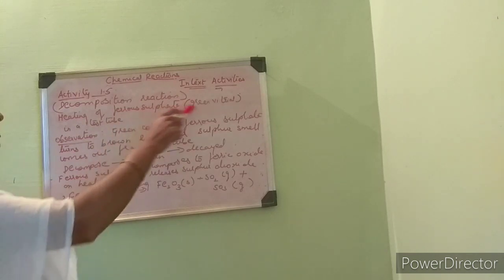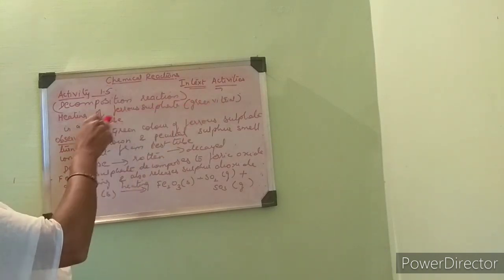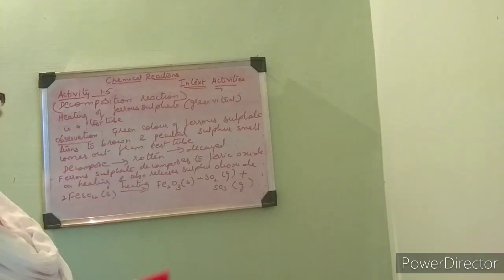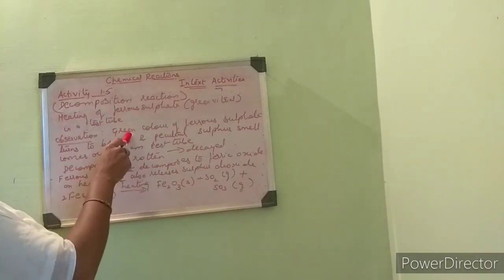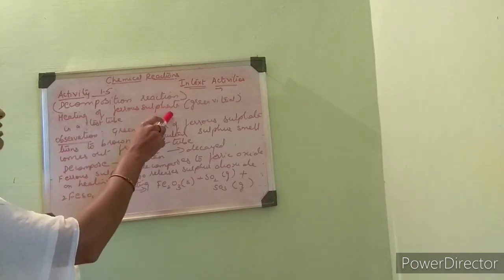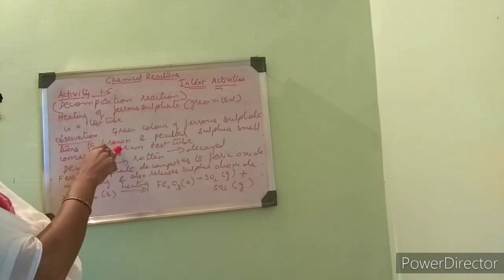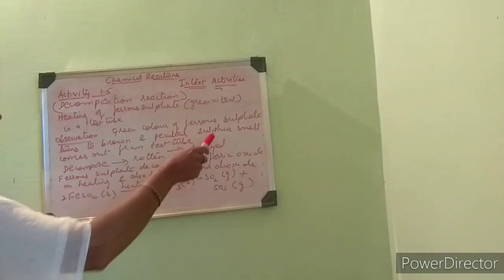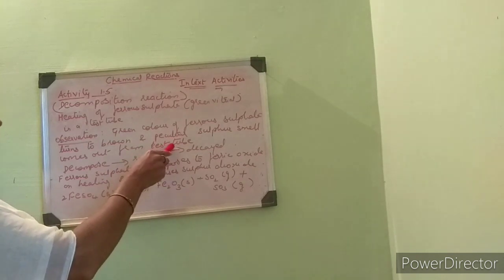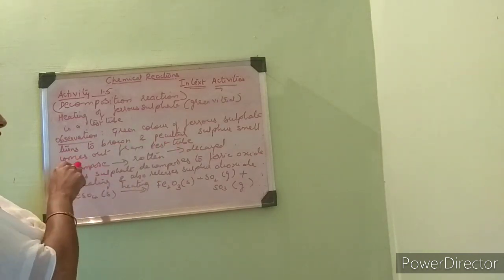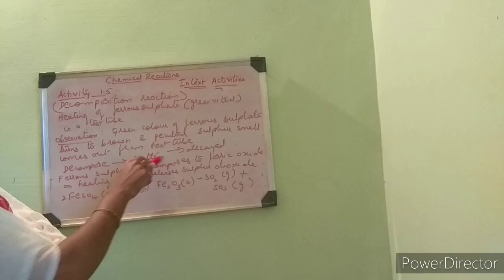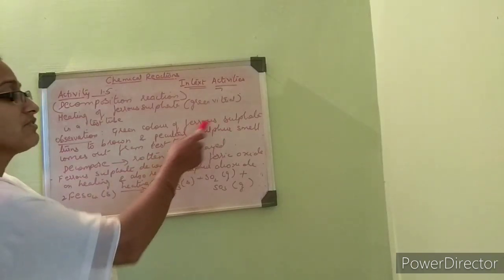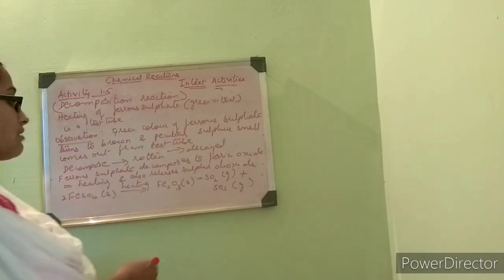Ferrous sulfate crystal is green vitriol in color, and you have taken the ferrous sulfate crystals in a test tube and heated it. What happens when you heat the ferrous sulfate crystals? The green color turns to brown and some amount of foul smelly gas is released, that is sulfur dioxide, which comes out of the test tube. You might have experienced a rotten or decayed smell. The same smell arises from the gas that is released.